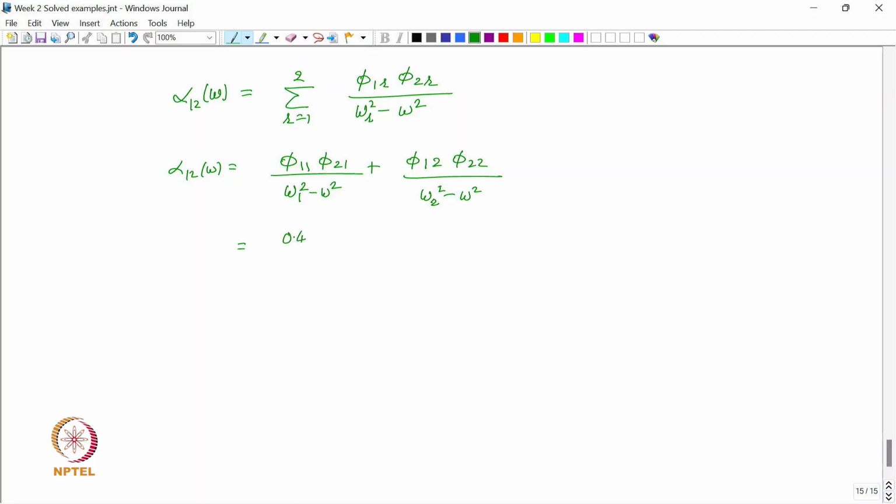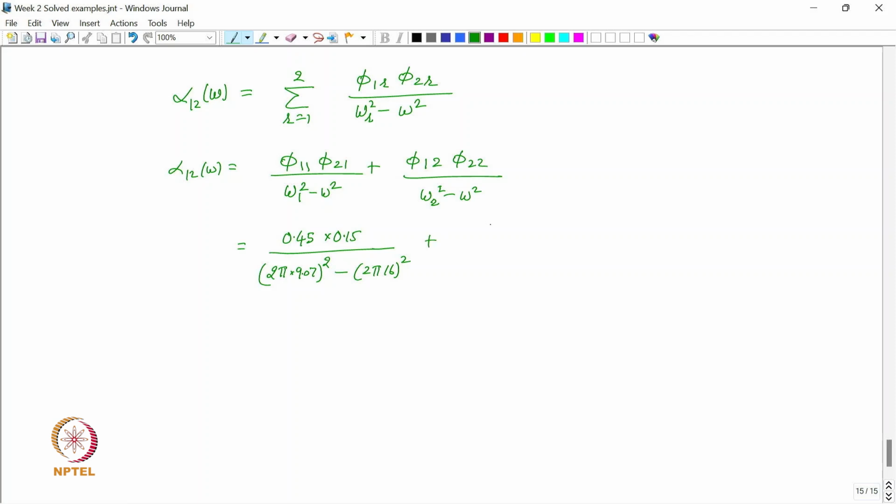This is 0.45 into 0.15 divided by, now I think we should be careful, the natural frequencies and excitation frequencies are given in hertz, but in this expression the omega 1 and omega are basically the radian per second frequencies. So we should always be careful in using the correct value of the frequency. So we should write here 2 pi, and the first natural frequency has been given as 9.07 square minus 2 pi, excitation frequency is given as 16 hertz, 2 pi 16 square,